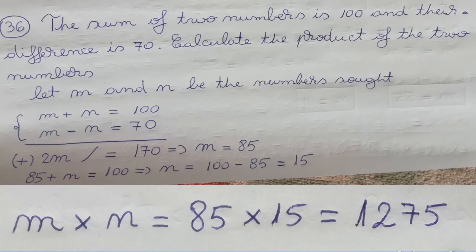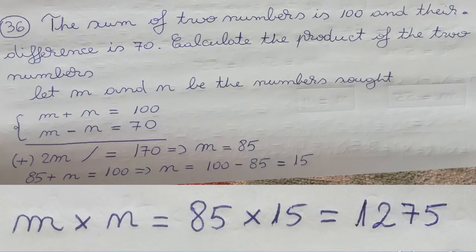Problem 36. The sum of two numbers is 100 and their difference is 70. Calculate the product of the two numbers. Let m and n be the numbers sought. We create a system with two equations where the sum m plus n is 100 and the difference m minus n is 70. We can apply the reduction method directly on this system, so we have 2m equals 170,